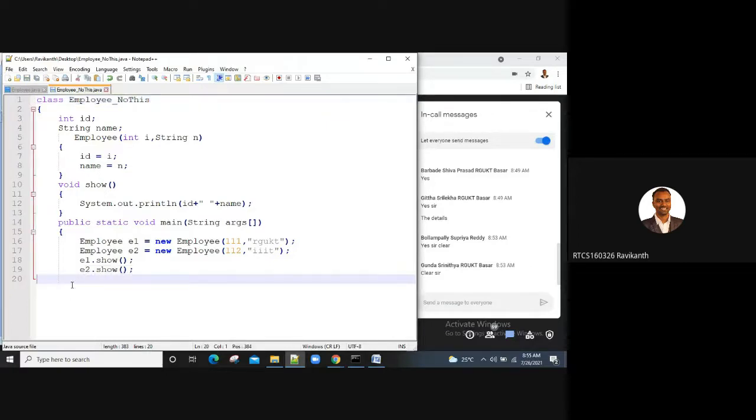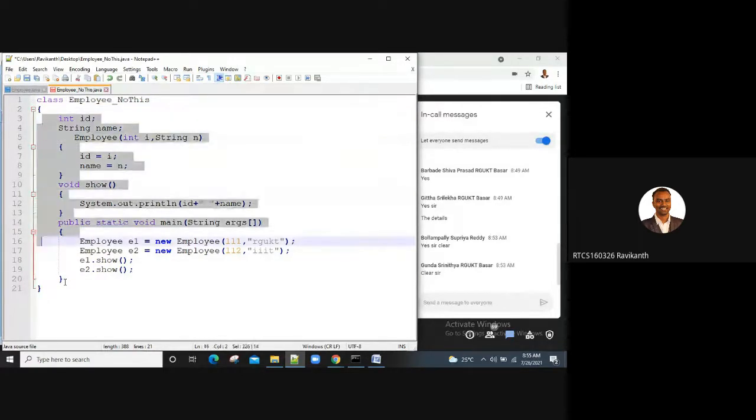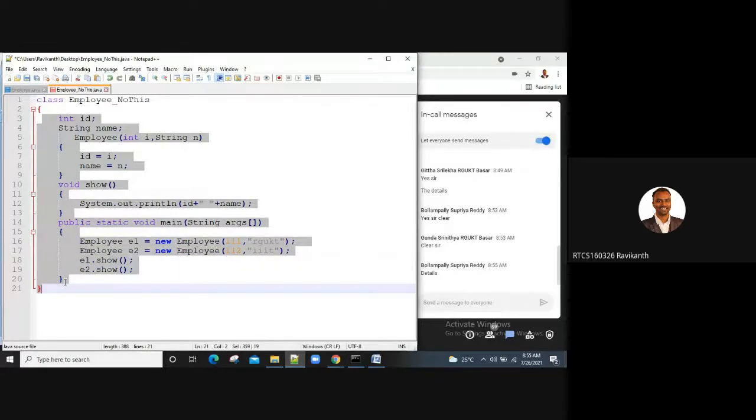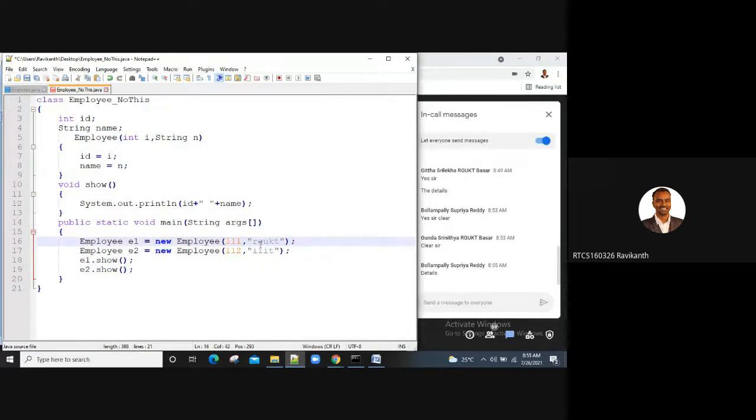So what is the output you're expecting in this case? Yes, guys. Will there be any problem, or is it perfectly going to execute? Do you get default values or will you get actual values?